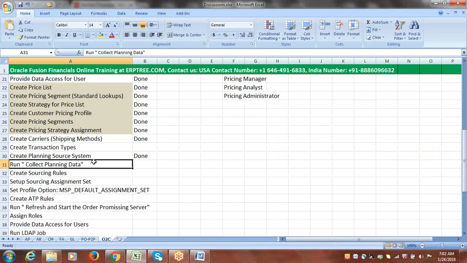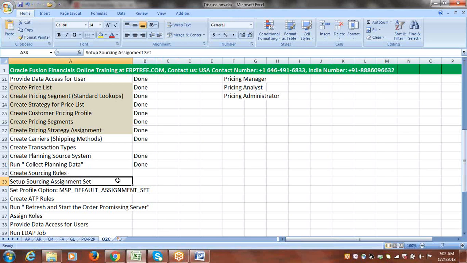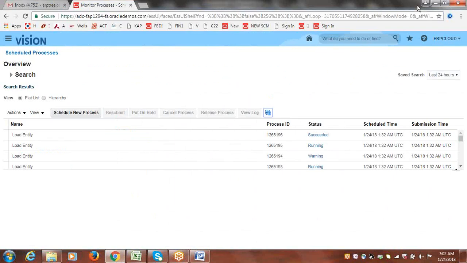Okay, so we submitted this, and again these sourcing rules, the sourcing set assignment. These are also mandatory here to keep that synchronization from inventory, inventory item stock, to OM. So we'll just go and complete these setups also. So, sourcing rule definition. So what we'll do is